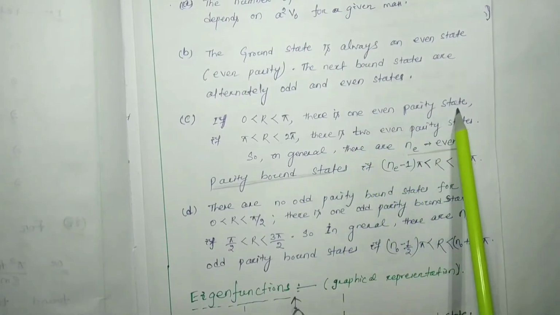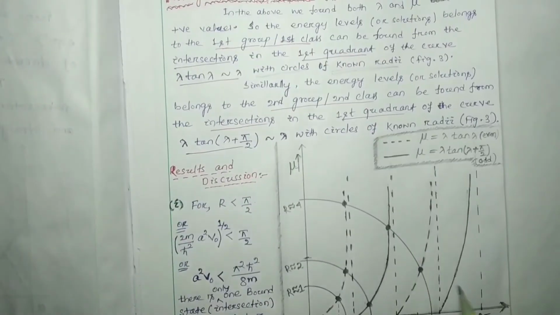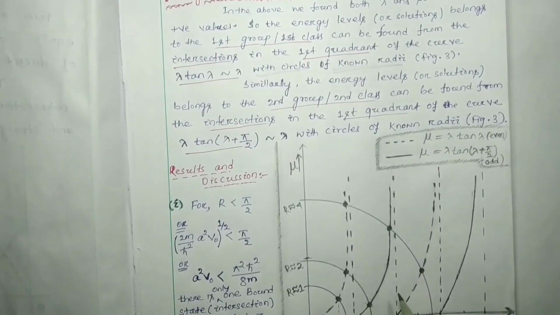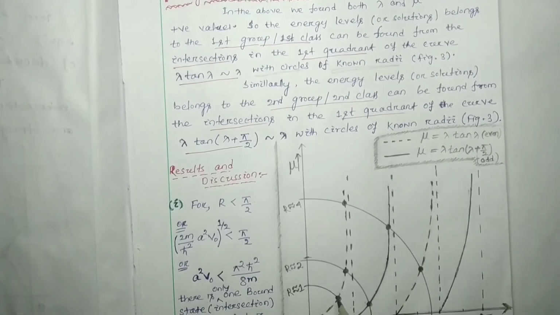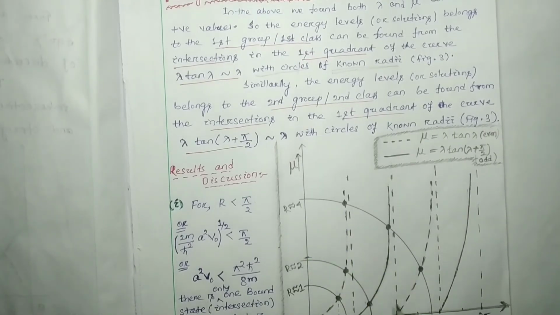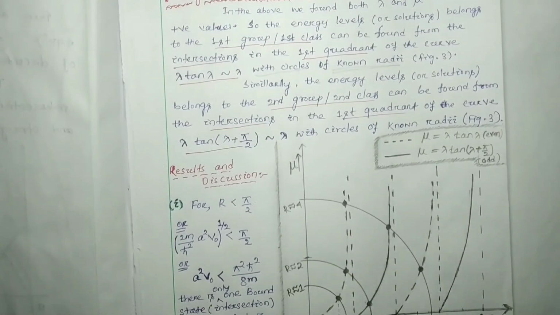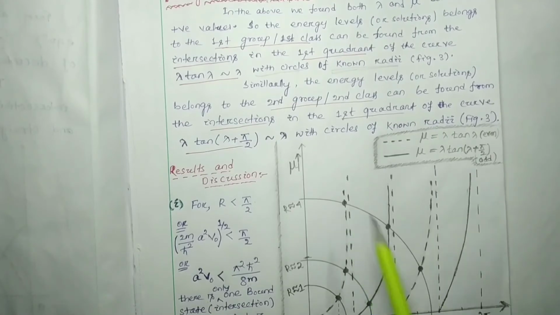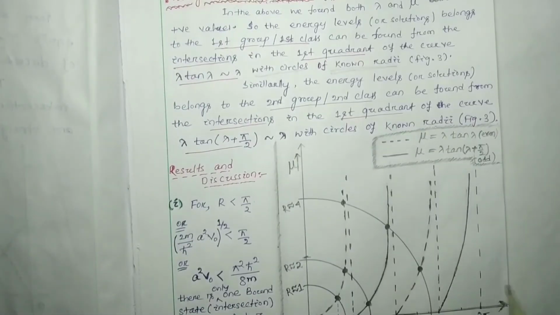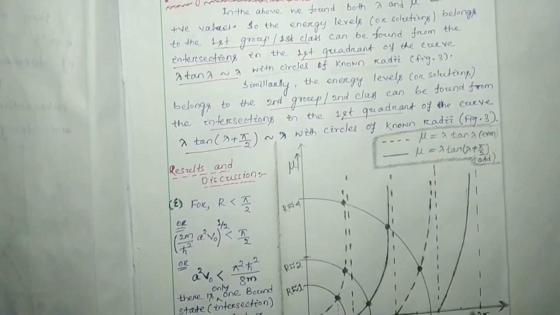One even parity state. From 0 to pi, whatever the radius, you can take for the first radius 1, second radius 1, third radius also 1. That means from 0 to pi, whatever the radius, you get one even parity state. Now if we consider pi to 2 pi, the radius,